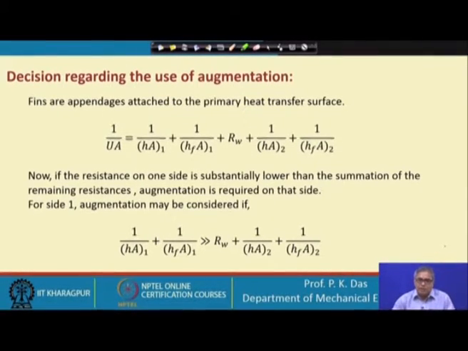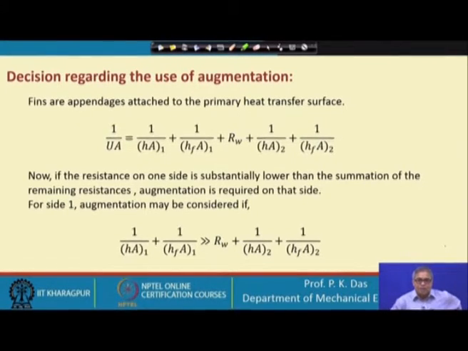So, there will be a surface, or rather let me put it in this way, two fluids are separated by some sort of solid wall. So, one surface of the solid wall is contacted by one fluid and another surface of the solid wall is contacted by another fluid. Now, the augmentation or enhancement,